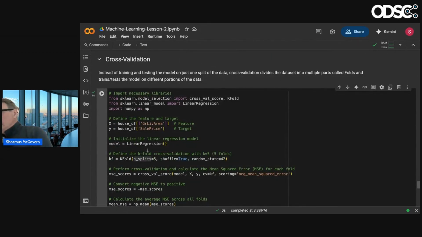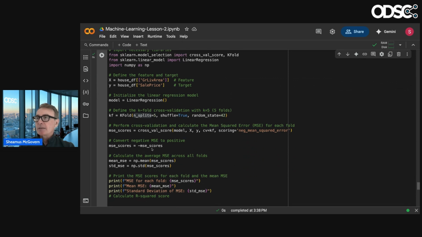So again, hyperparameter tuning. What if we tried 10 folds or 9 folds? There is a bit of diminishing returns, and there are algorithms in scikit-learn which will help you run this multiple times. It's almost like a nested function: cross-validation is nested in itself, and now I'm nesting that in something else, which runs this exact same thing across these. Notice I'm only looking at group living area this time, not all 20 features, which is cheating a little bit. And then I'm saying splits 5. So that's cross-validation.